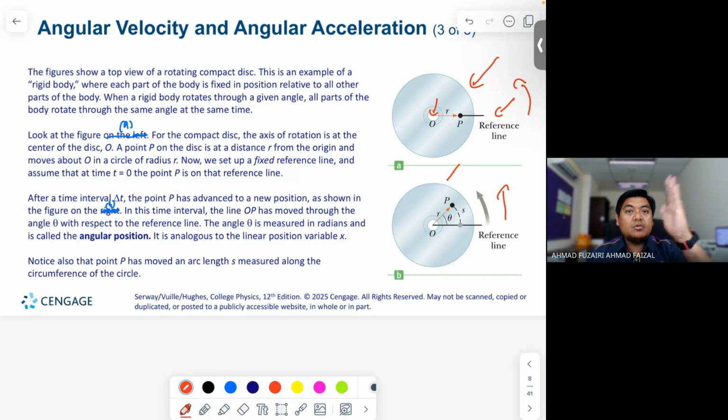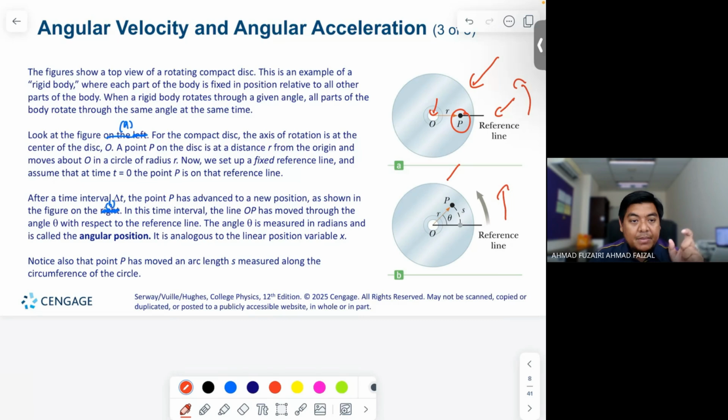When you want to go straight, you go straight, but here, when one point travels, it does not travel in a straight line. That point is influenced by the angular displacement. This point P has now traveled a certain arc length, as we mentioned earlier,